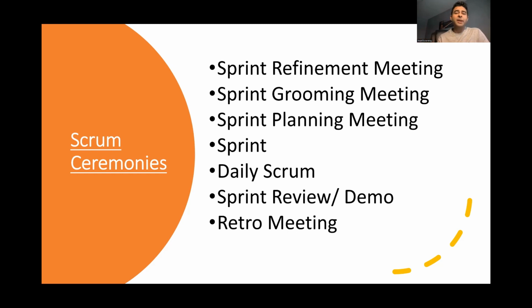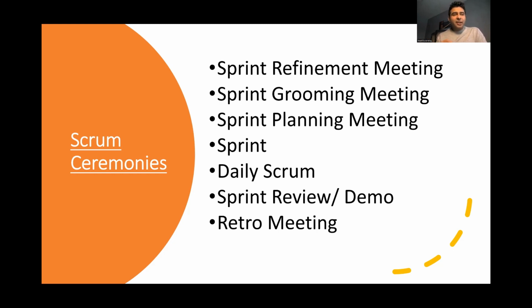So here in the sprint grooming meeting, we make sure we provide an estimate of user story points for every user story. Now, after the story points are given, this user story is brought back to the product backlog and it sits there until the time comes that this user story needs to be done.